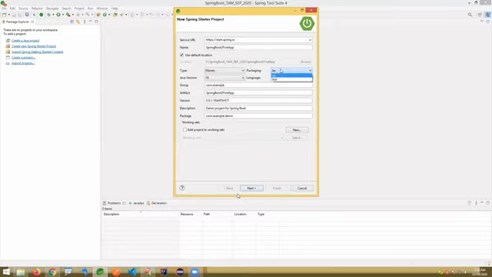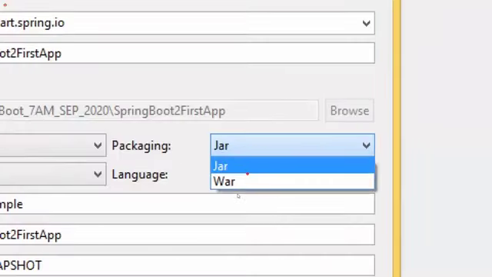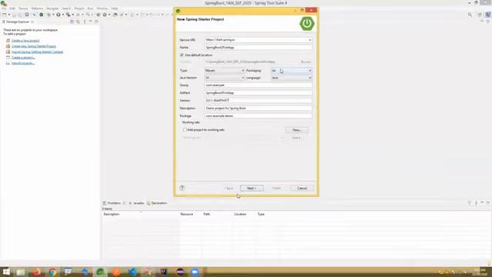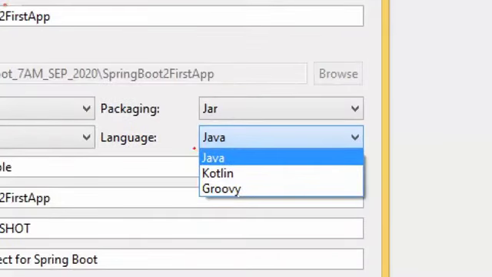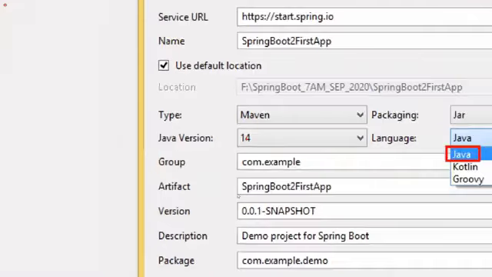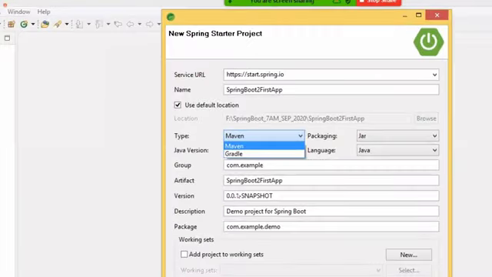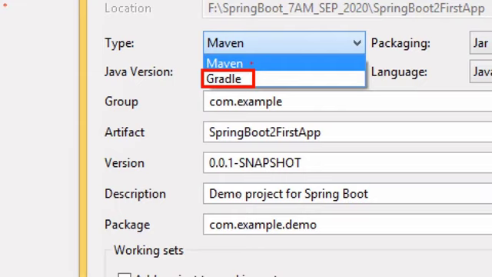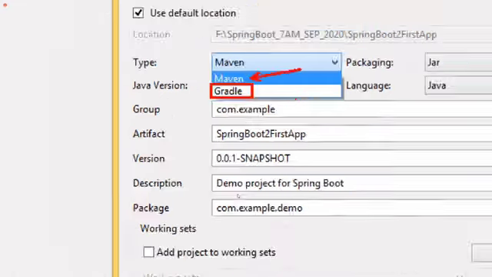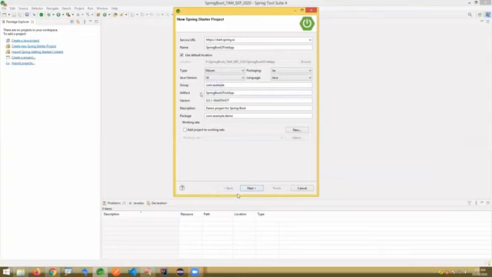Packaging, you can see jar and war are there. Spring Boot supports only these two now. Language, you can see Java, Kotlin and Groovy. We completely work on Java only. Type, here is Maven and Gradle. Most examples we see on Maven only, and a few examples on Gradle also. If you don't know what Maven and Gradle are, later I'll explain. I'll give some links, you can go through that. I did not do any modification here as of now. If you want, you can change, but let it be for the first dummy example. Click on the Next button,